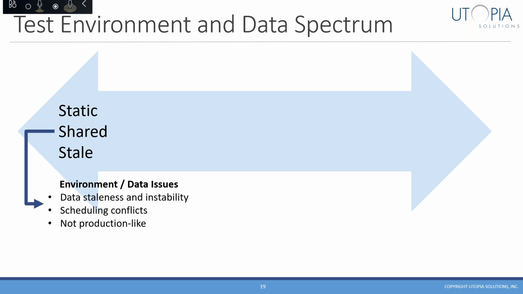So this type of environment often causes a cascading set of issues, right? Because they're shared, that causes instability in the data. Maybe someone changes data that is needed by someone else. And depending on the approach to managing that data, and there often isn't one, the data is probably stale. We also have scheduling conflicts. Maybe UAT is trying to do their work, but someone also needs to run a load test, and maybe the training department wants to use it because their environment is even in worse shape. And it's probably not very production-like either. Very often not in size or shape, but even to the degree where no one is ever quite sure of the configuration.